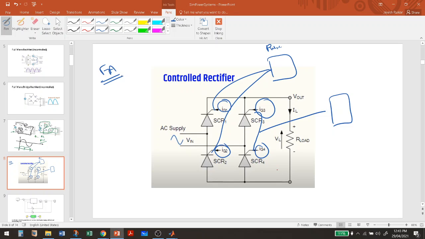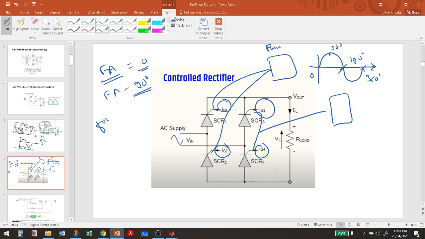For the firing angle, in the earlier example we have not checked it, so the firing angle was 0. Now we want to make this firing angle 90 degrees. So how do we calculate? Now we can write this. This is your input voltage or input waveform, that is sinusoidal. This is your 0 to 360 degrees, this is 180 degrees, and this is your 90 degrees. Now we want to make this firing angle 90 degrees. This is our expectation.